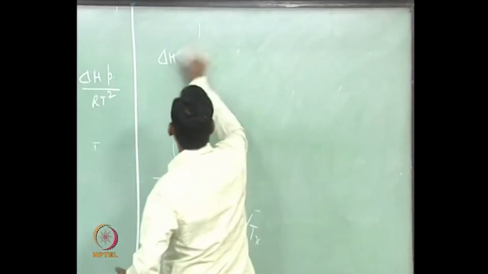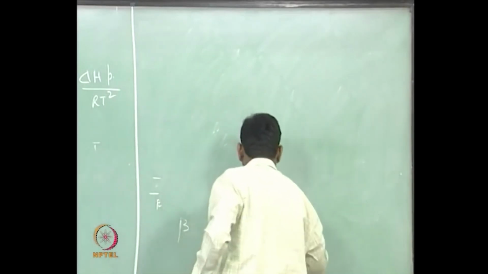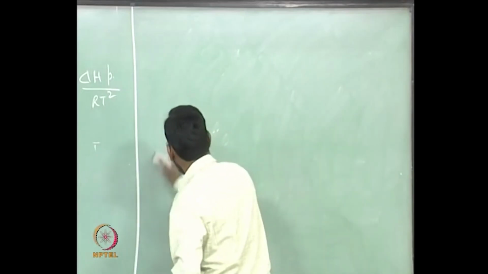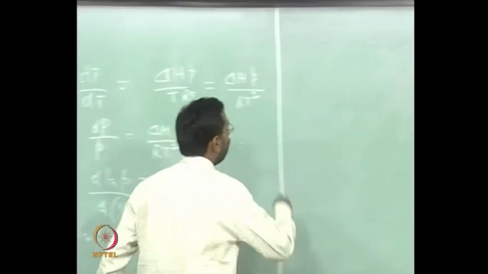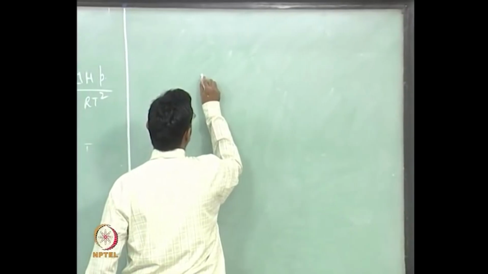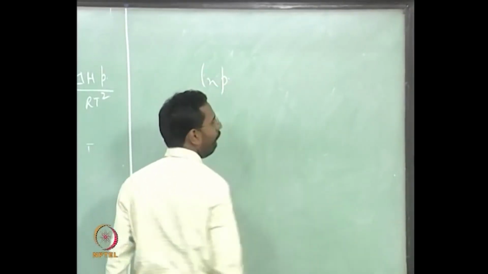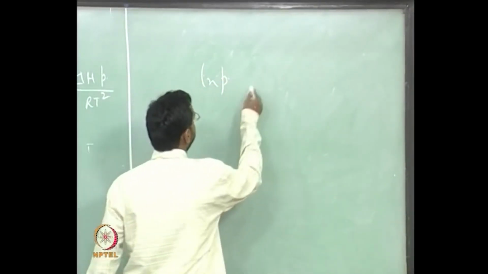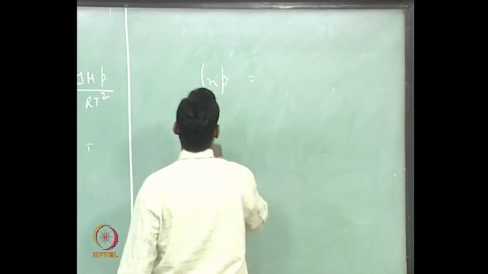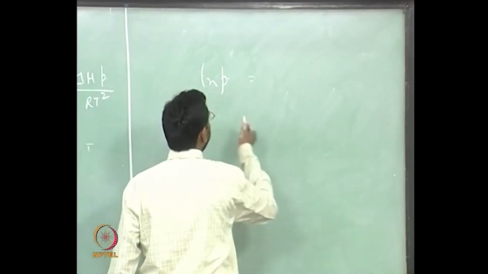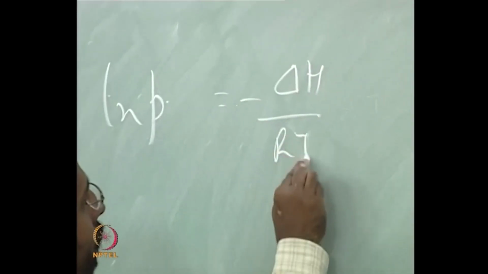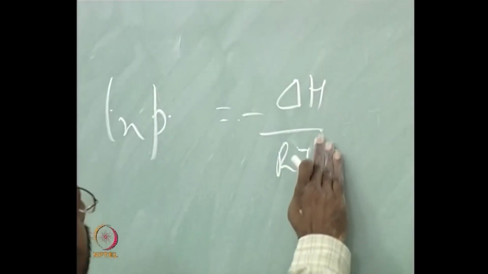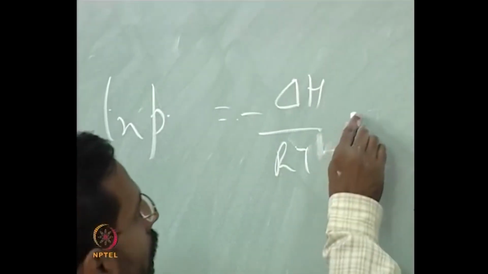Okay. So this is all about how we can see the partial pressure. We have seen that ln P is minus delta H by RT, not RT square, plus A,